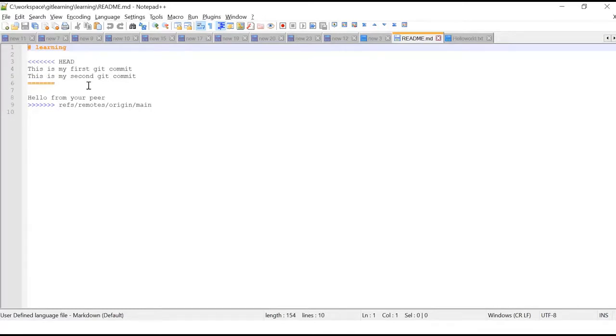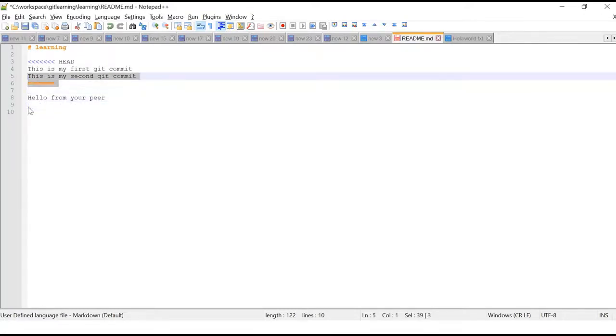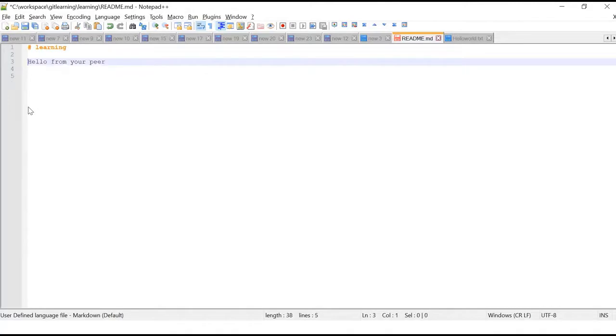This is because git bash has encountered the conflict, and that is why it has added the less than and greater than brackets. So you can see this is something which was there in your local repository. So you need to choose which one you want to keep. So let's keep whatever is there from your peer. So you need to delete this, and you need to delete this.